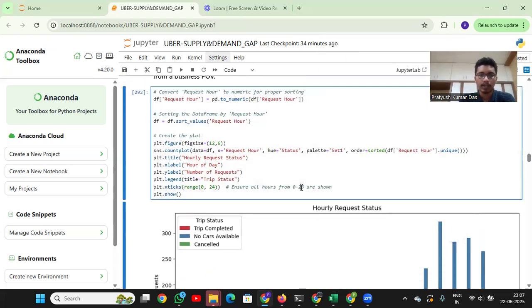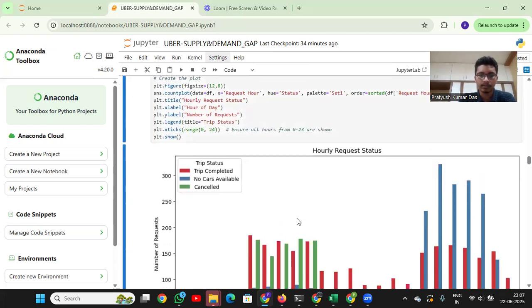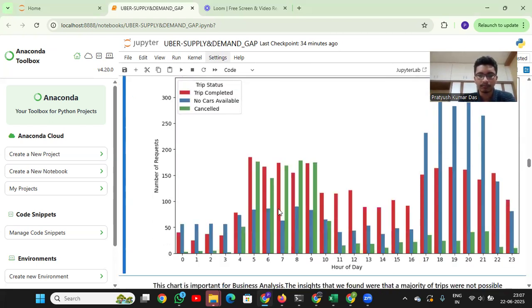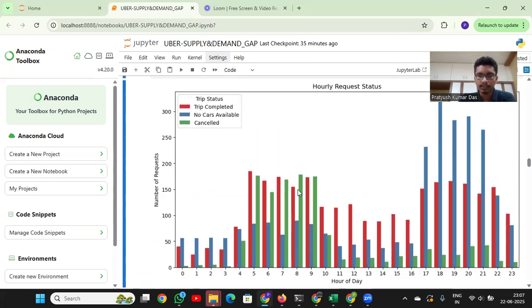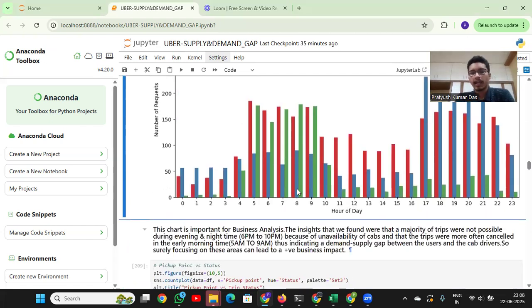Like how my requests are varying across the three categories per particular hour of the day. So this is just a count plot. We have three bars corresponding to each hour of the day. And coming to the main point, this chart is the first most important step in our analysis from the business